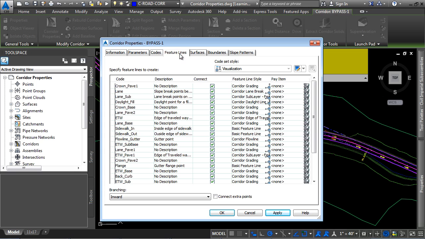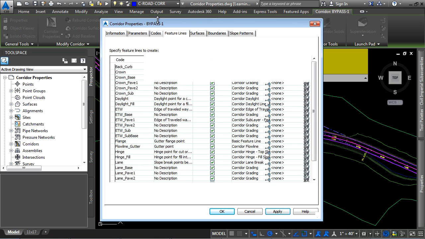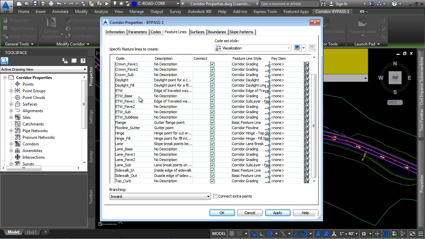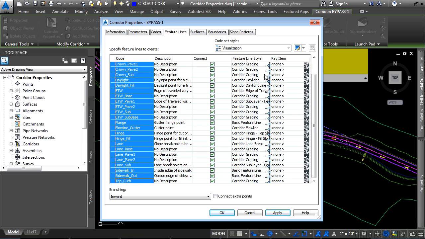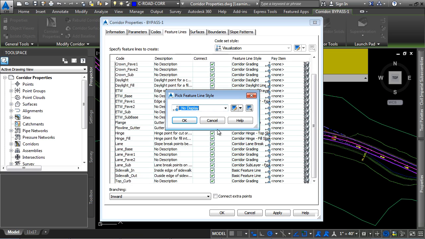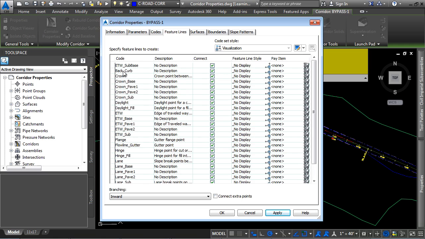Well, if you navigate to the Feature Lines tab, here's where you can control that. These columns are completely sortable, and these are all the feature lines being created in our coorder model. Don't forget, the feature lines are created from the point codes defined in each of the subassemblies. We'll go ahead and select here. Again, these columns are sortable, and we'll click over here and let's set our feature style for all of these to a no display feature line style. That way, they will all just be turned off immediately, and then we can go and turn on the ones